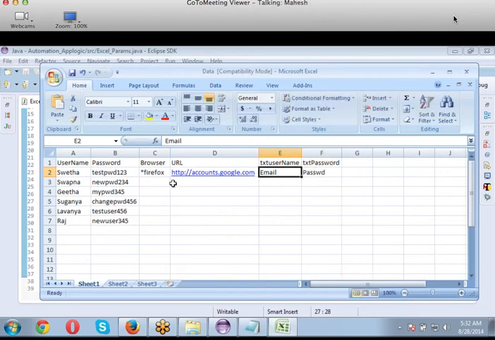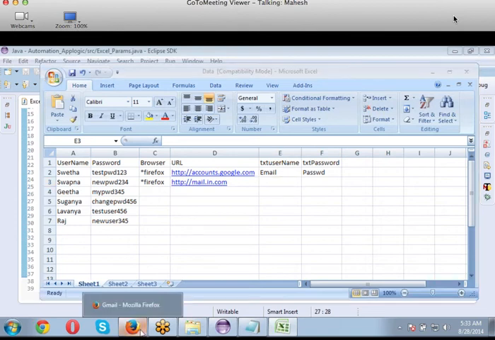If I want every user to be accessed on different pages, I can redirect them here itself. Just Firefox, this is mail.in.com. And if it is mail.in.com, I have to use the mail.in.com username and password, right?